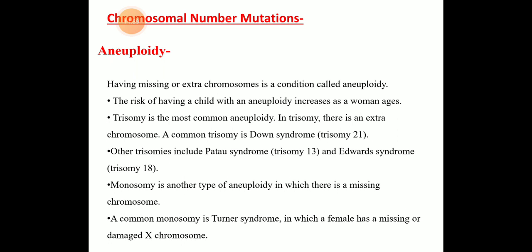Aneuploidy karyotypes are given names with the suffix -somy, rather than -ploidy, which is used for euploid karyotypes, such as trisomy and monosomy. Then Down syndrome is the best example of this aneuploid condition. In Down syndrome, chromosome number 21 has an addition of an extra chromosome, and the disease due to this extra addition is known as Down syndrome.